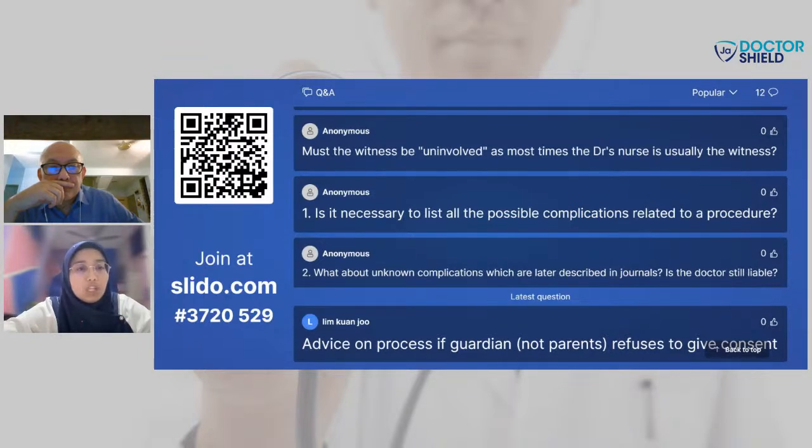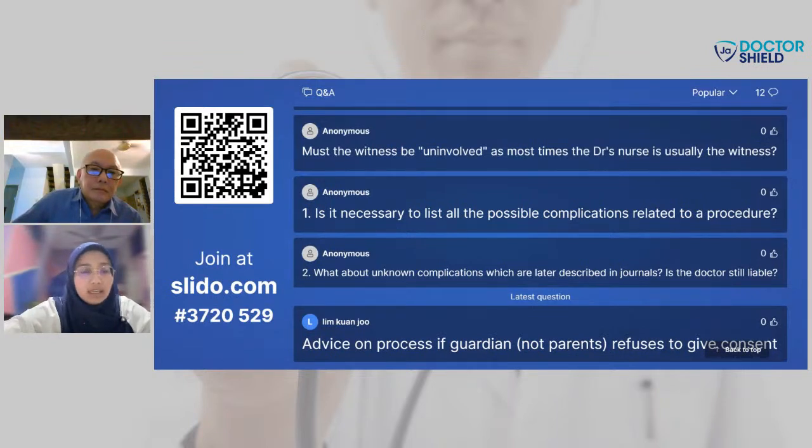Because when it comes to the issue of consent, the opinion of a third party, which is the expert, is not required, because it's based more on fact finding of what happened on that day, and it is for the judge to decide whether the consent taking process is sufficient or otherwise. So for the judge to decide on that, an expert's opinion is not required, where the judge can make his own fact finding based on the documentation presented before him and also the evidence given by the witnesses, for example, the nurses who witnessed the consent taking process by the patient or by the family members of the patient.